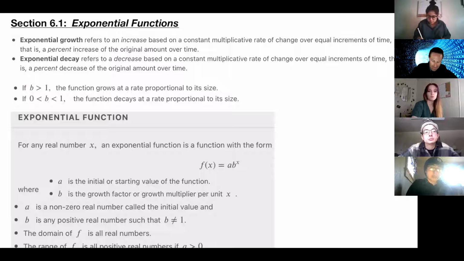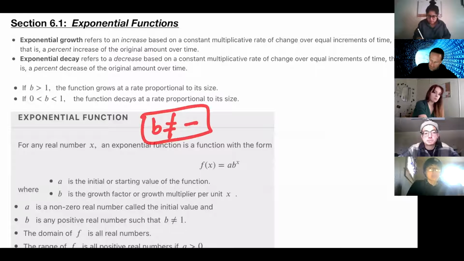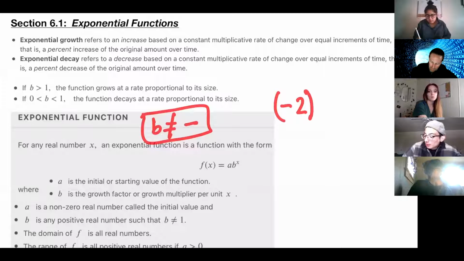But if it's less than 1, now notice it's still greater than 0, meaning we cannot have negative bases. Okay? No negative bases. Because when negatives are involved, and I raise those to the power of different numbers,